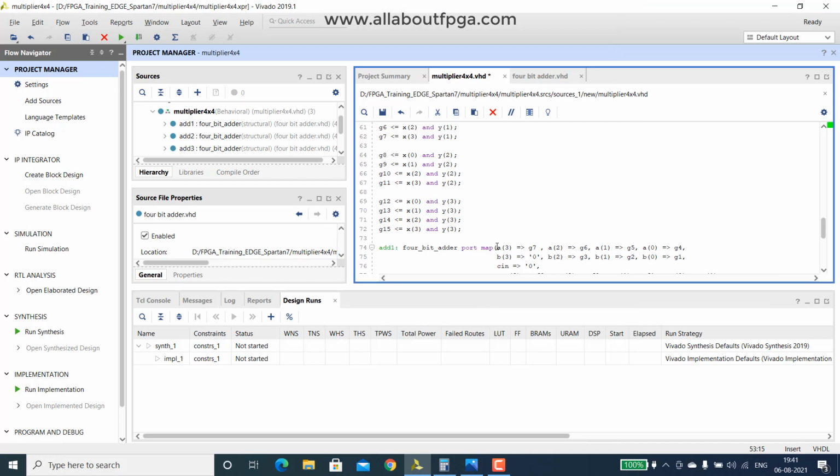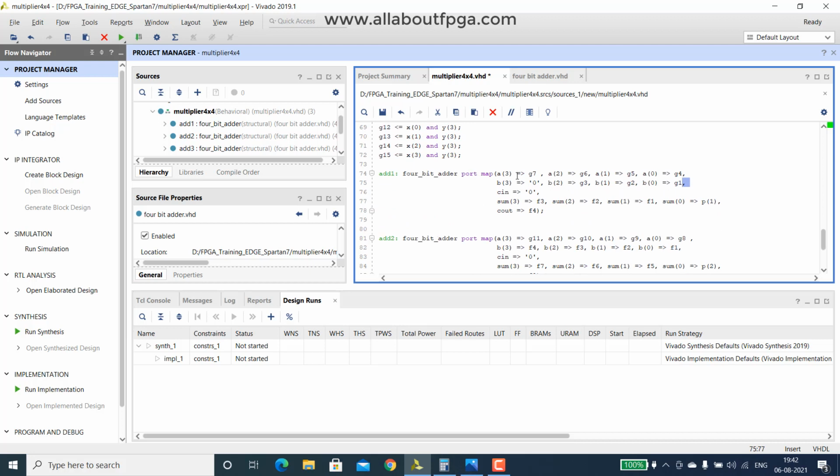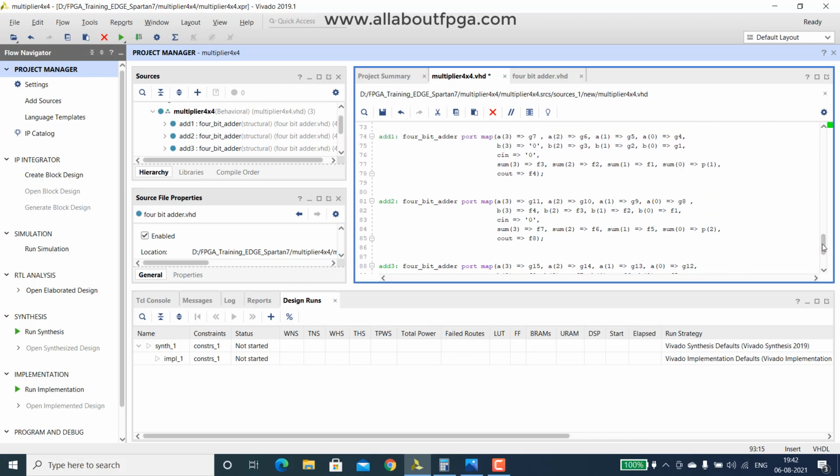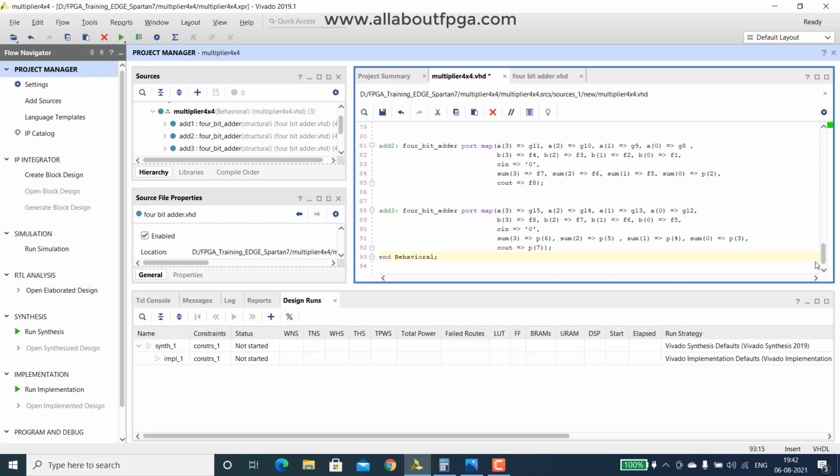Then on the first full adder, we have assigned those gate outputs to A inputs, and the output of this first 4-bit adder is given to B inputs. Then we take the sum output and repeat the same procedure. So we have implemented all 0 to 7 product terms with this code.